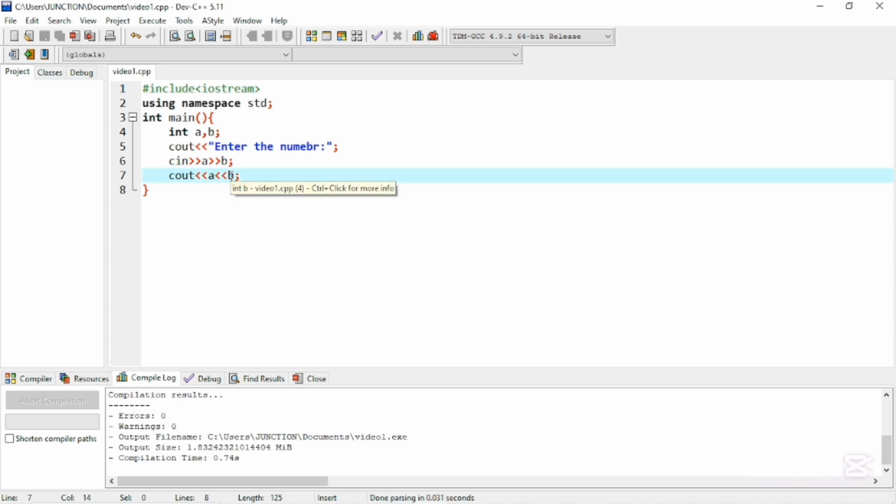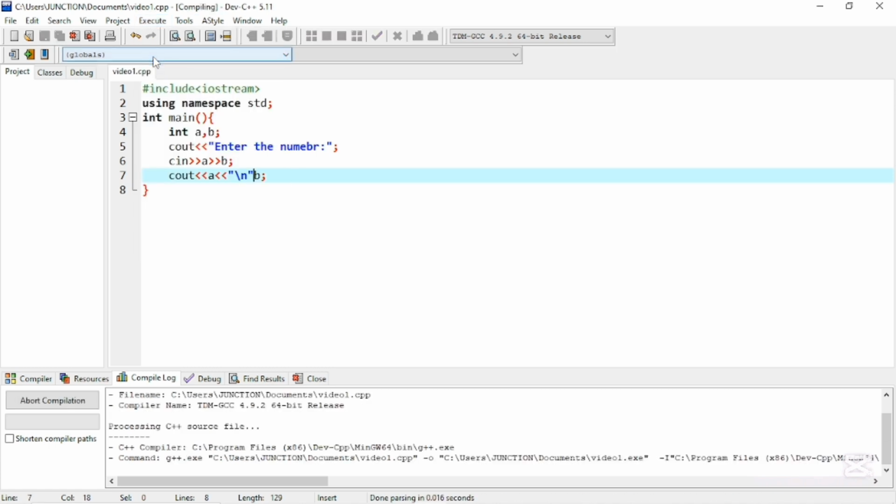How can we use escape sequence? Simply, what should we do? We use slash n in the double quotation. That's it. And it will print the second value in the new line. You will see there, if I compile and execute here,